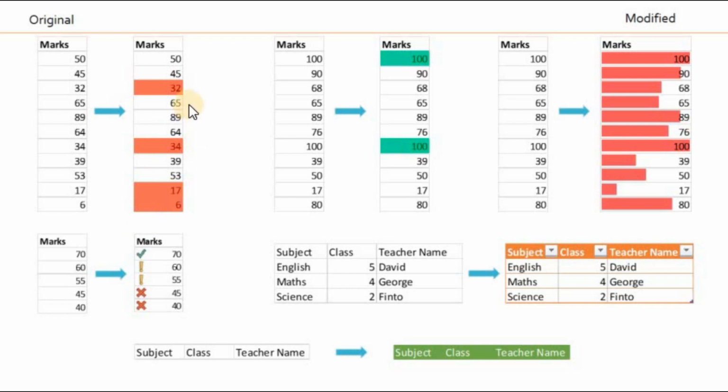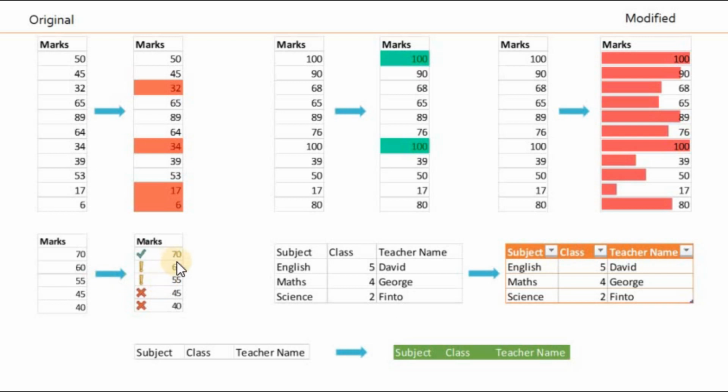So Excel has to see each cell and change the color if it is below 35. Next, highlight the marks in green color which are equal to 100 like this. Next, I want to compare each number with the maximum value of our selection. This comparison is to be shown in bars like this. Next, I want to give importance based on the value of a number like this.